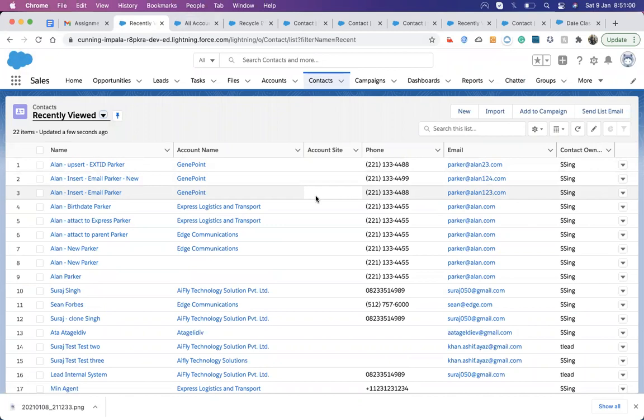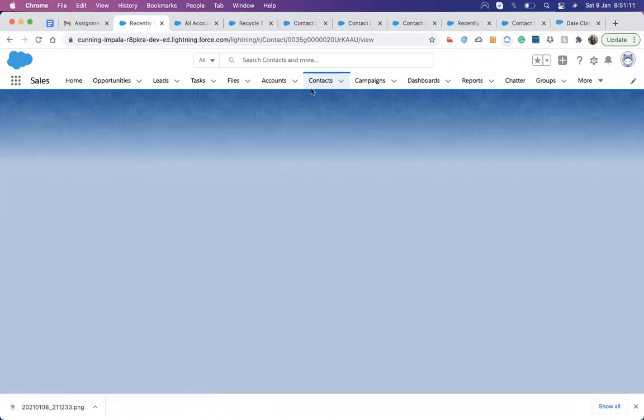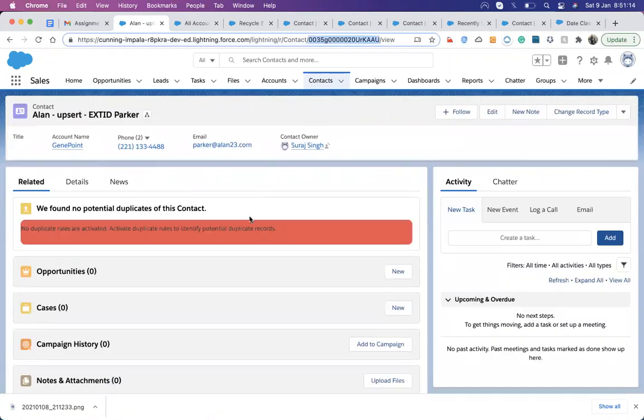Both look similar, but there is one difference. When we are inserting a record, it will create a new ID for that record. Suppose this is the ID of that record, you know that. So whenever we insert a record, it creates a new ID.